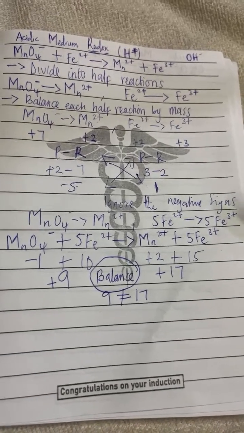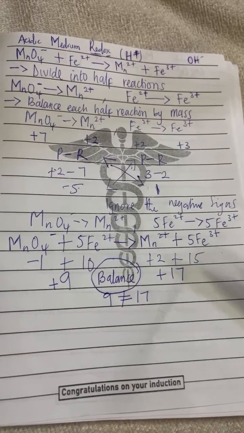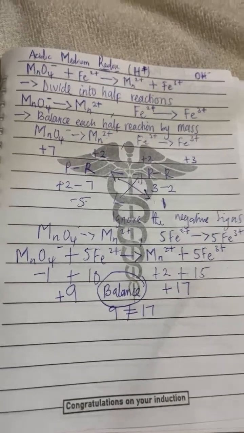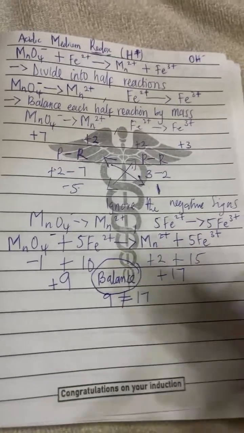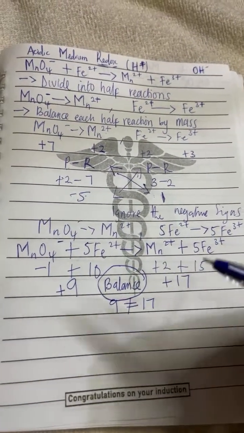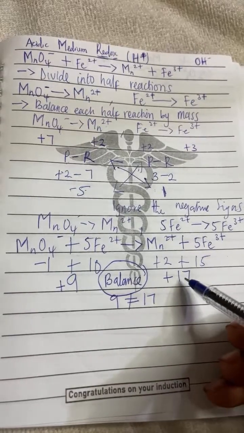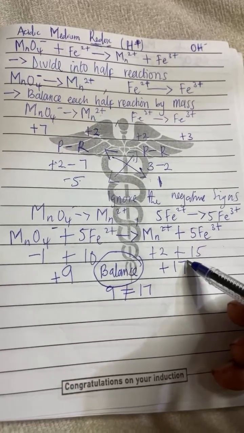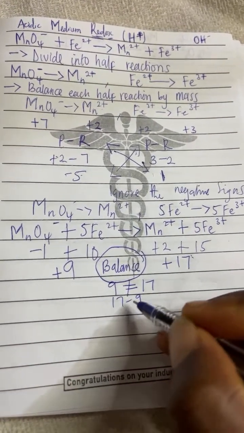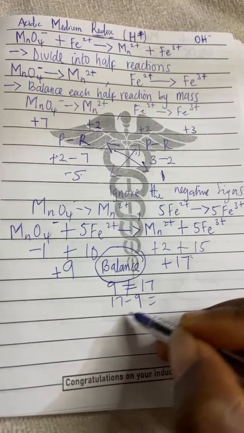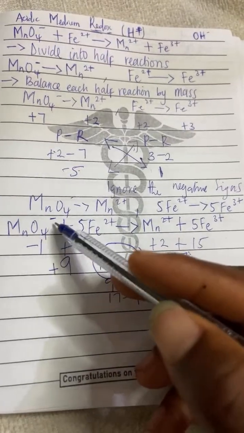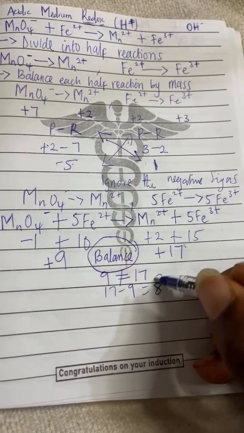Are you following me? It is the number of H+ that we add that will determine how high we want to increase it. So how will we know the number of H+ to add? We just know by removing this from this. What's the difference between 17 and 9? 17 minus 9. Very simple, 8. So that means that the reactant side needs 8